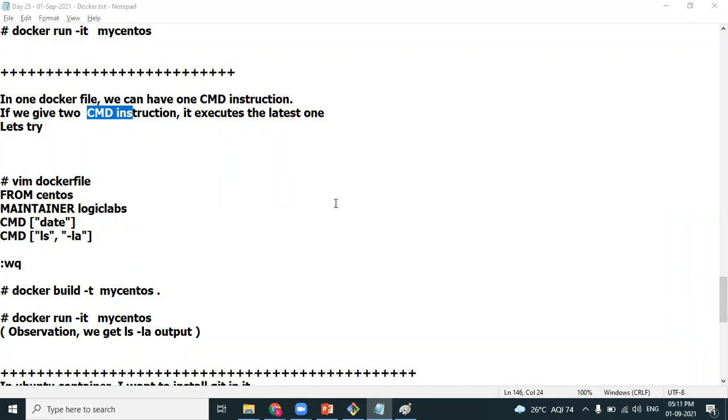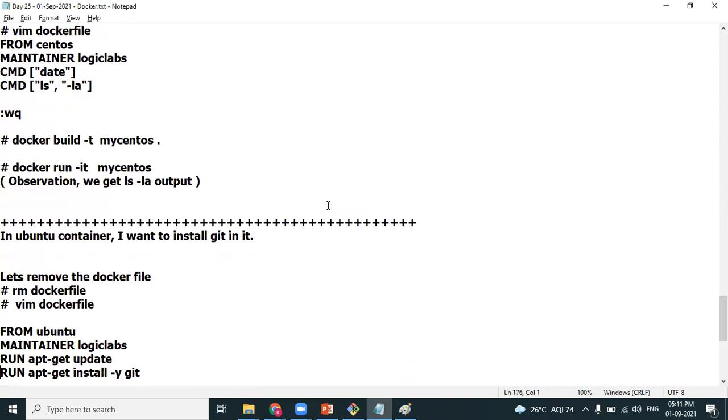Yes, Maheshwara. Sunil, actually it has to pick the date, am I right? Why is it going for the second command? What is the process? Whatever is the last one gets executed. That is the preference, is it? That's the preference. Yes. Okay. Right.